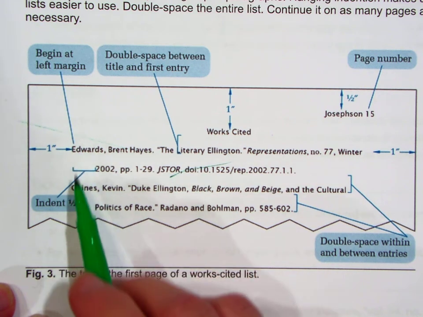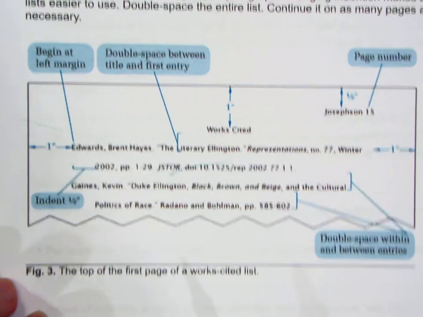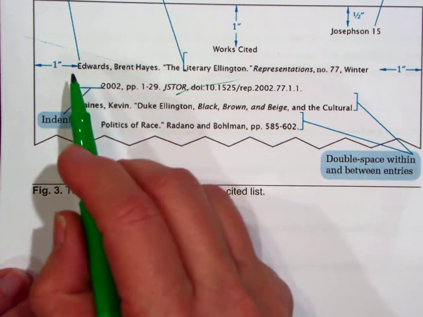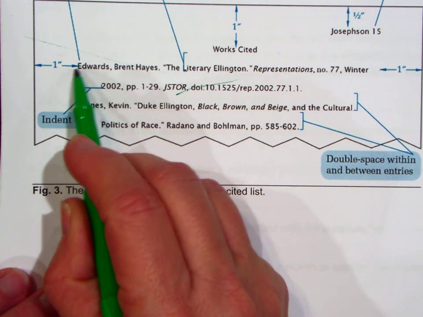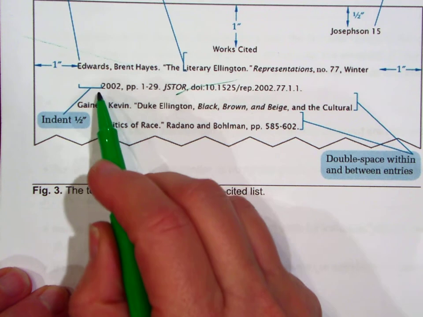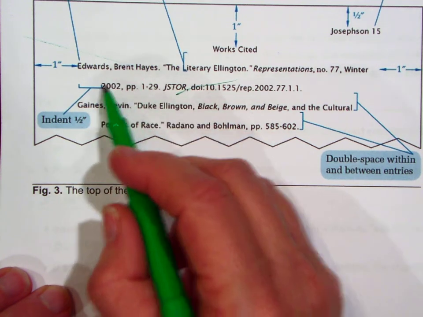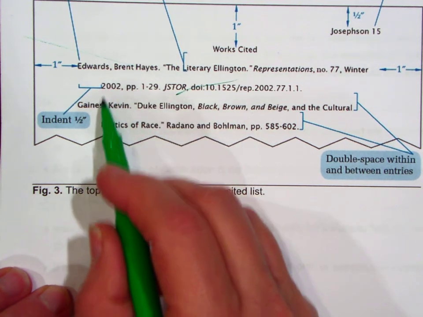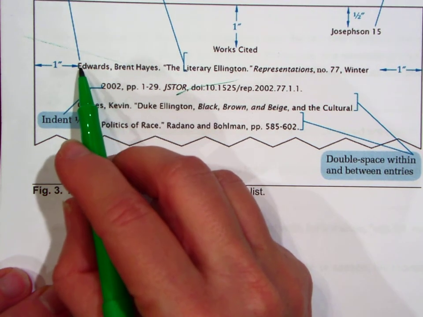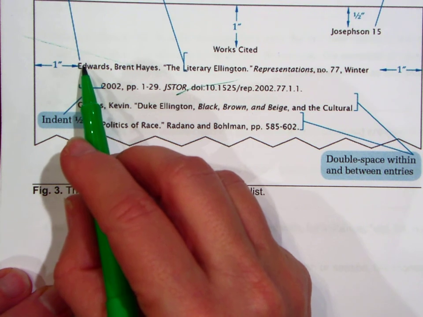What's tricky about works cited is that it goes backwards from regular paragraphs. The first word is against the margin. If your information goes to 2 lines, the second line gets indented. If it goes to 3, you maintain that indentation. So you'll start with what is the smallest item available, and in most cases that is the author's last